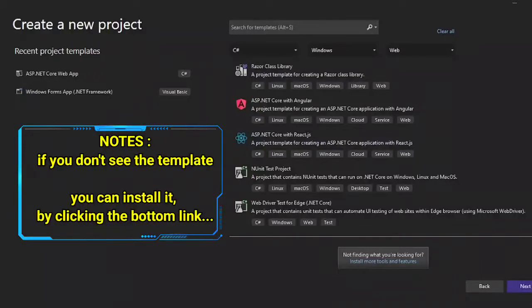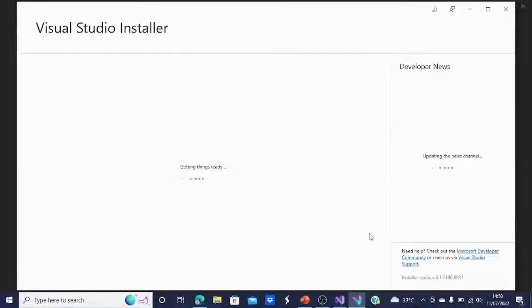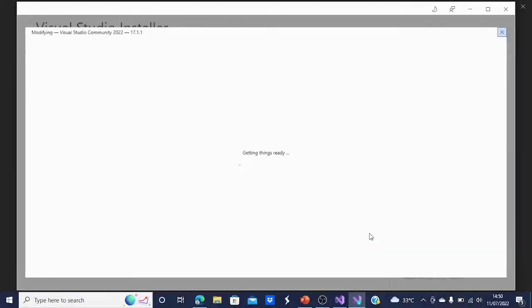Note, if you don't see the ASP.NET Core web app template, you can install it from the Create a new project window. In the not finding what you are looking for message found at the bottom of the list, select the Install More Tools and Features link. Then in the Visual Studio Installer, select the ASP.NET and Web Development workload.